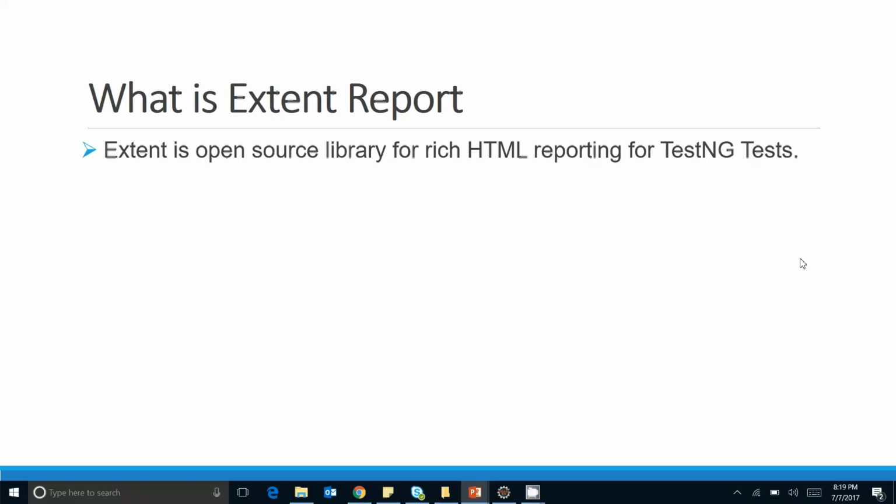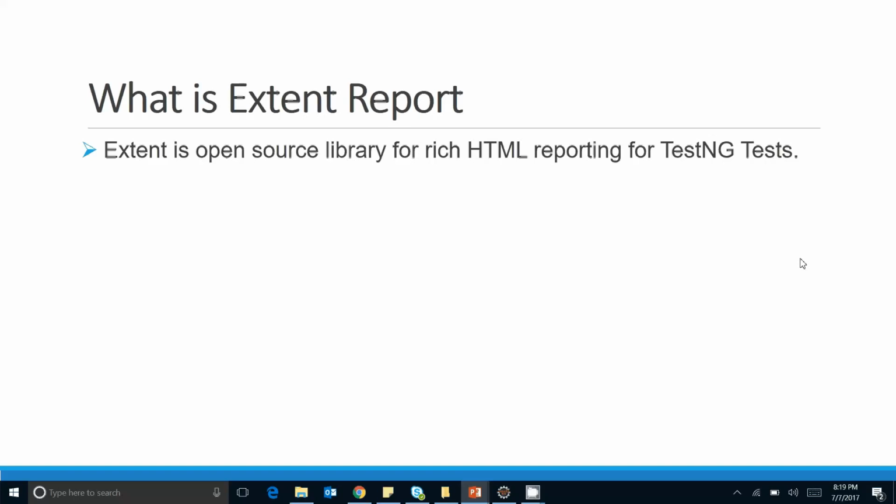In the same row we have the extent report, which is quite good in HTML, has pie charts in the reporting itself, and has very good reporting features inside it. It is very easily integrated with TestNG, and you can use it with Selenium because you generally use the TestNG framework to generate the Selenium scripts.